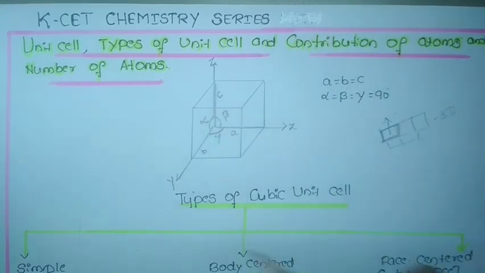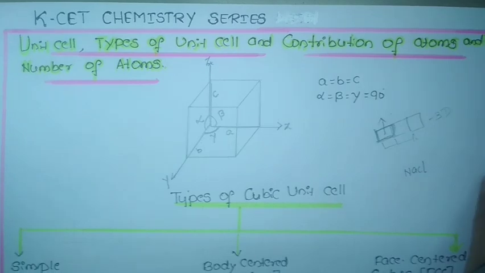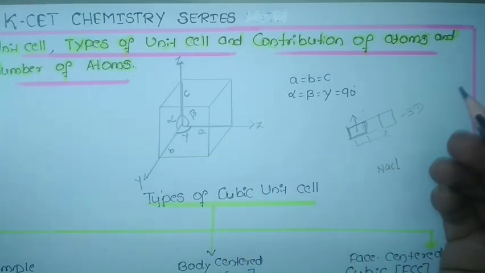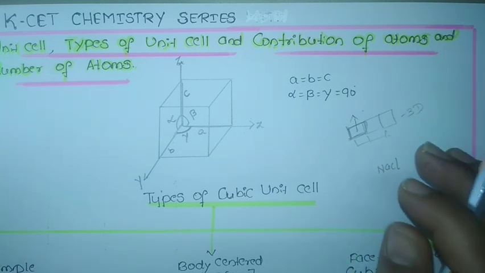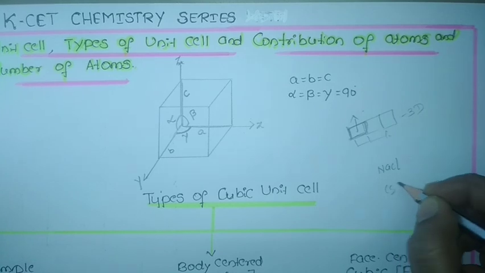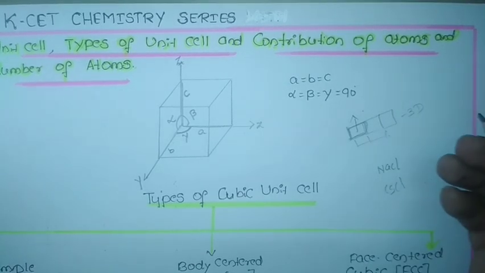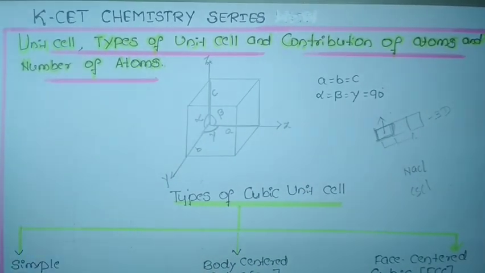In order to construct a crystal, for example, to form sodium chloride, the unit cells are repeated in a regular manner. The unit cells repeated in a regular manner construct an entire crystal system. That is how sodium chloride is created, that is how cesium chloride is created, that is how crystalline solids are generated. So this is what a unit cell is, a building block for the crystal system.